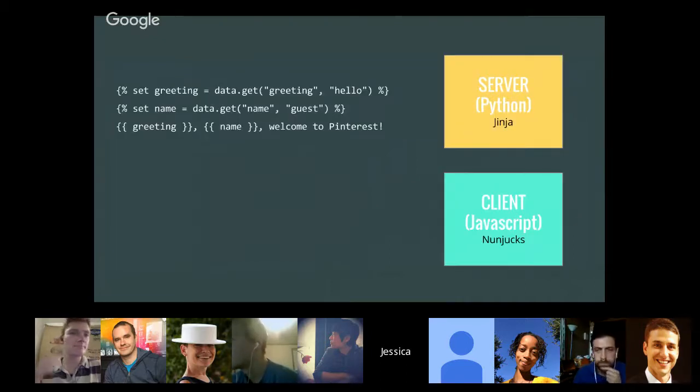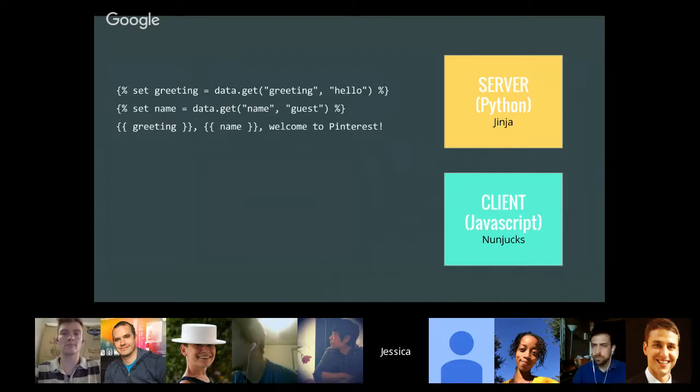this is just a little snippet of what our template looks like. Here's a template that sets a variable called greeting and a variable called name. They're getting it from some kind of data source, and it just prints out greeting, name, welcome to Pinterest. Jinja and Nunjucks are ports of each other, meaning they can both read this template code. It's nice because on the server side, we use Jinja to parse this template, and then when the user clicks around on the site, they use Nunjucks, and we can reuse the same templates on those hundreds of modules around the site. And Nunjucks is able to just read it and spit out the same thing.